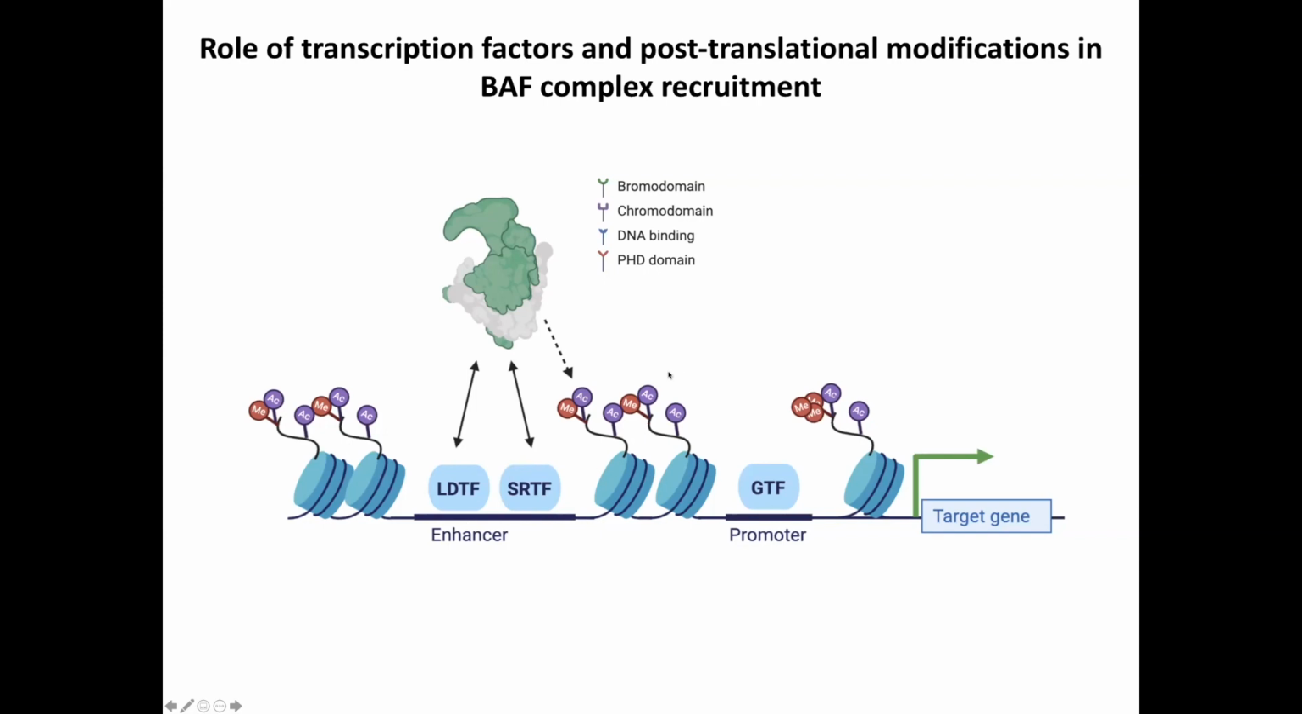But we were also aware that several subunits of the complex contain protein domains that interface directly with chromatin, including bromodomains, chromodomains, DNA binding domains, and PHD domains. And so we were wondering what the contribution of these domains might be to complex targeting and the maintenance of complex binding. So we've specifically focused on a number of subunits that contain this bromodomain